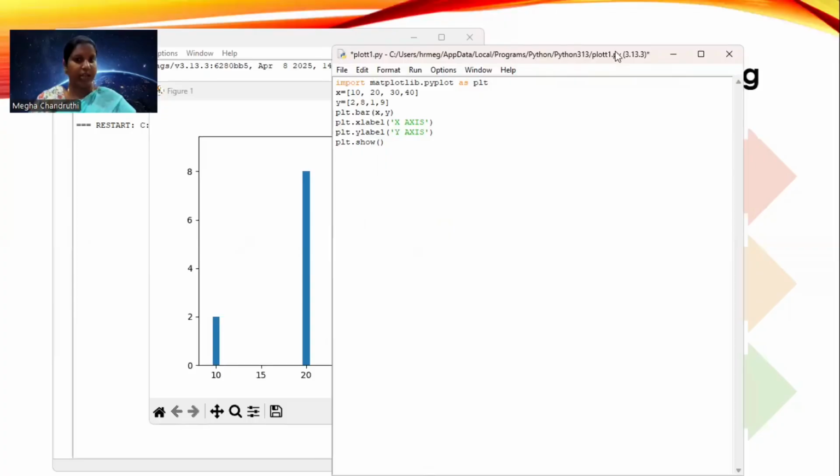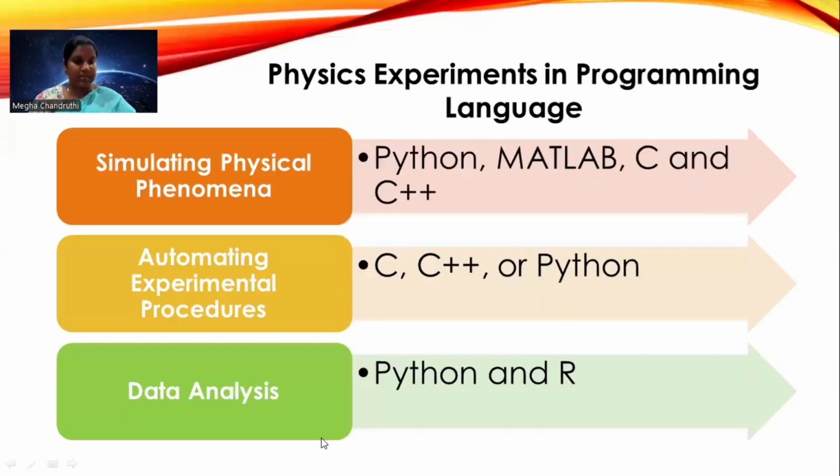Okay. So this is data analysis, where using Python, particularly Python, you can generate any type of graph over here. Next, all these concepts will cover physics experiments within the programming languages. When I go to the classes, most of the students say the science subject is very difficult. But according to me, science is not difficult. It's very easy. But you people have to make it simpler.